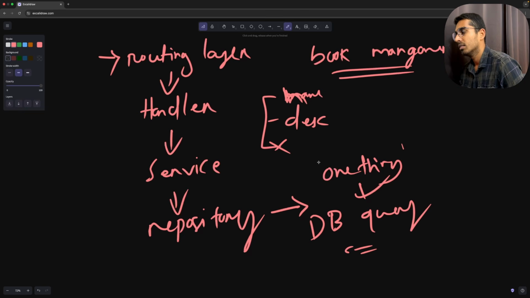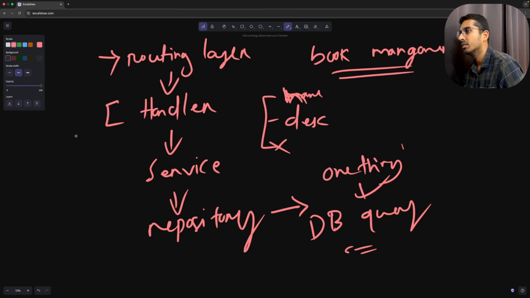So these are the two fields that we need to create a new book. There are different types of errors that can happen in this particular API. First, let's say in the entry point, at this point in our handler, since the handler performs operations like validation, etc.,